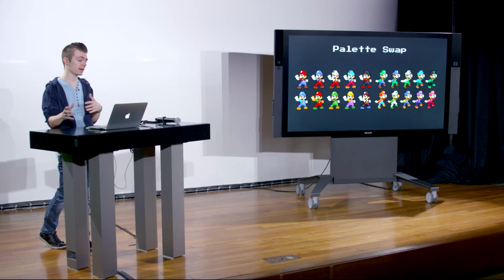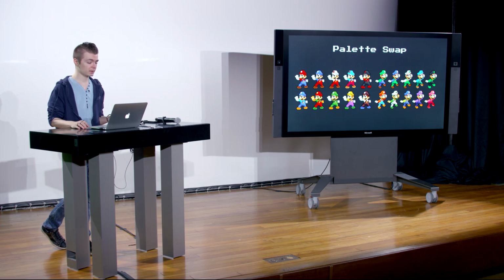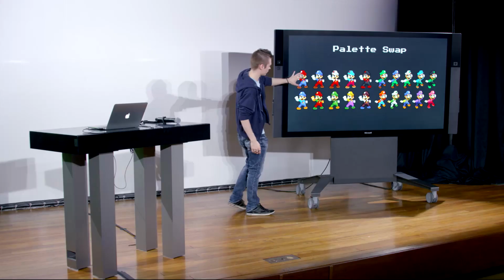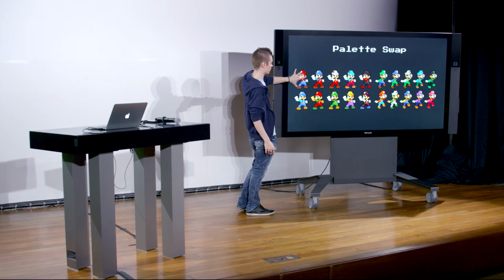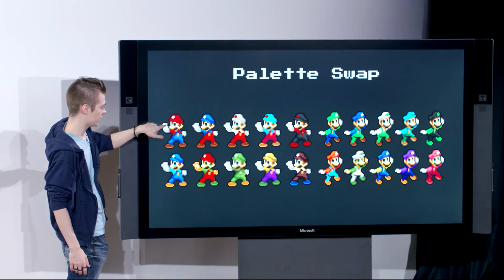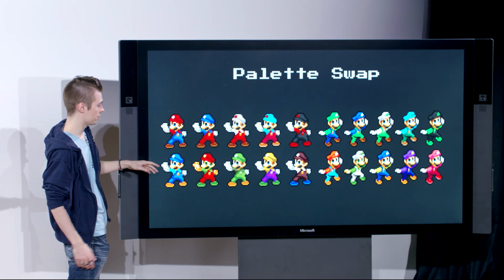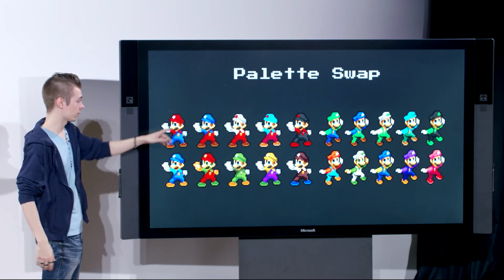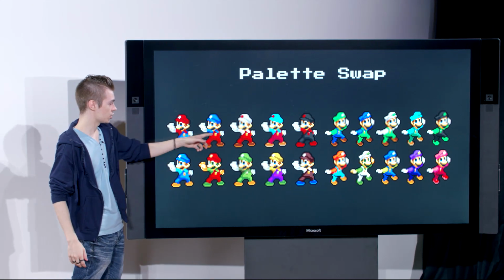And so if you're going for an authentic retro look, it'll help you in that sense. And then different from palettes but related is palette swapping, which is another term you've probably heard. Basically, all of these Mario sprites probably start with a grayscale Mario, where each of these separate colors are mapped out to some table where 1 equals red, 2 equals blue, or whatever. And then you can just shift all of them,